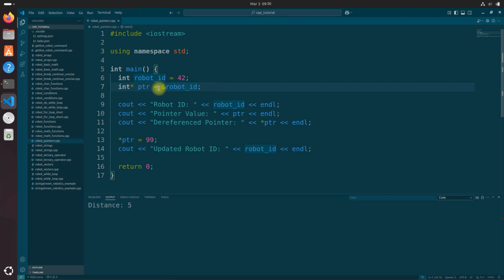This ampersand operator retrieves the memory address of robot ID, the memory address of the variable, okay? And for our pointer variable, we use the asterisk to initialize it with the address of robot ID. That's how you declare the pointer variable, using that asterisk. We print the value of robot ID, the value of PTR, which is the memory address, and the dereferenced value of PTR,